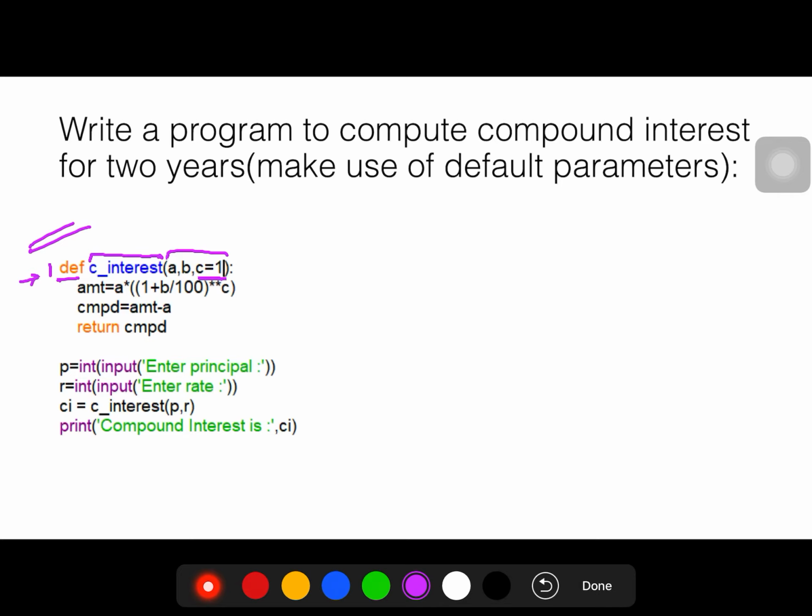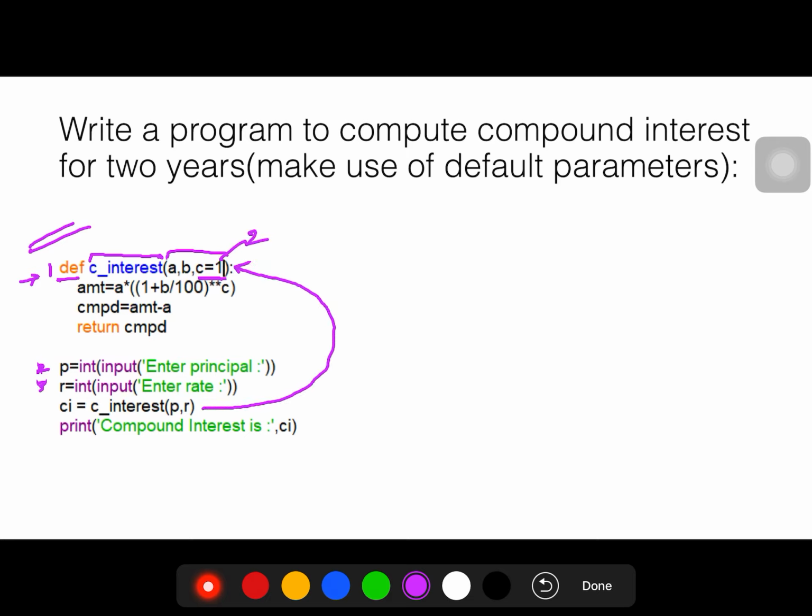Now firstly this line gets executed, then this line, then this line. Now we have not taken the value of t from the user, as it is for 2 years, sorry, there should be 2.